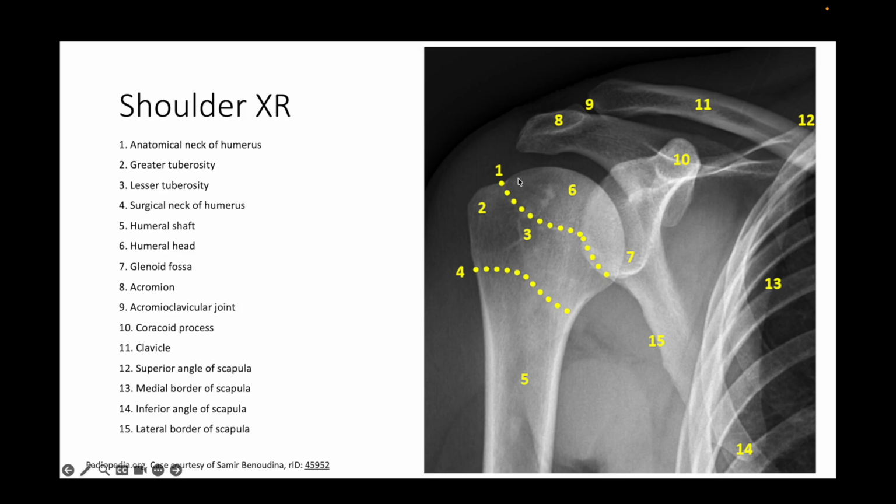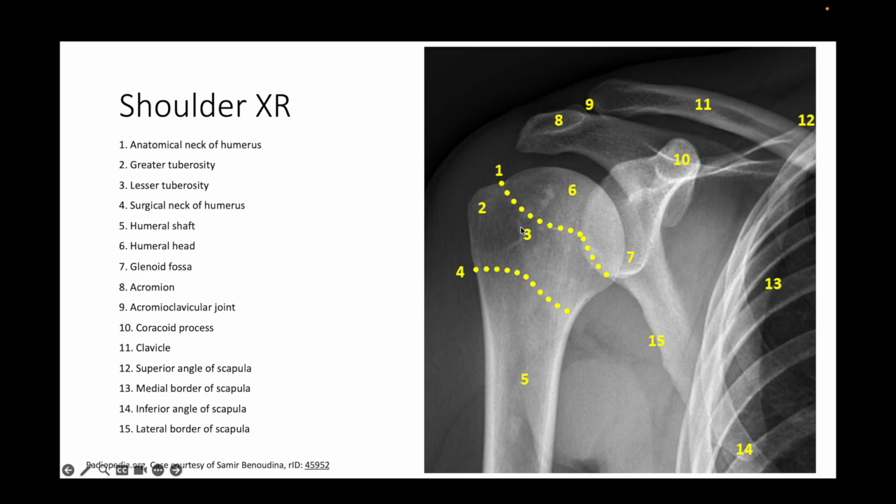6 would be the humeral head, and then just posterior to it, you would have the anatomical neck of the humerus, and then 4 would be the surgical neck of the humerus. 2 is the greater tuberosity. It's quite obvious, this bump here, and that's where several of the rotator cuff tendons attach. 3 would be your lesser